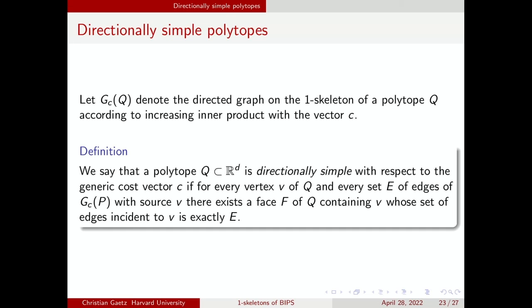This definition is extending a slightly different characterization of simple polytope. Another equivalent way to define a simple polytope says, if I look at each vertex and all of the edges emanating out from it, for any subset of those edges, there is a face containing exactly that set of edges. So this definition is extending that characterization. The idea is that I've got a vertex, it's incident to some edges,